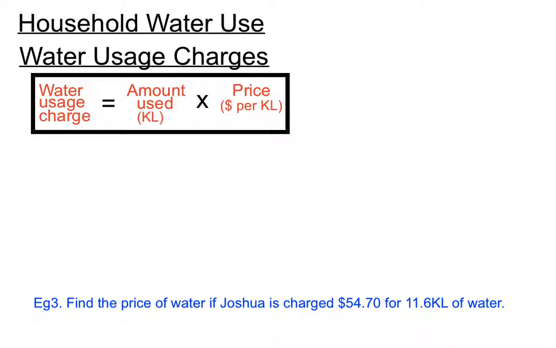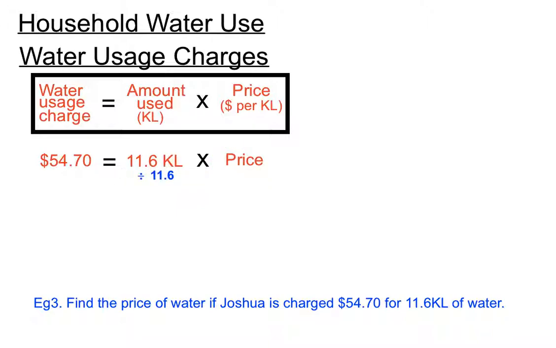Example 3, this time we want to find the price of water. If Joshua is charged $54.70 for using 11.6 kilolitres of water. So let's put those items underneath where we have those items in our formula. Water usage charge, he was charged $54.70. The amount used was in the question 11.6 kilolitres, and that leaves us with the price that we're trying to find. So if we want to get that price on its own, to get that the subject of the formula, we're going to have to do the opposite of multiplying by 11.6. We're going to divide 11.6 on both